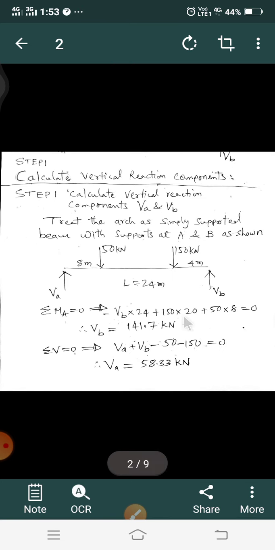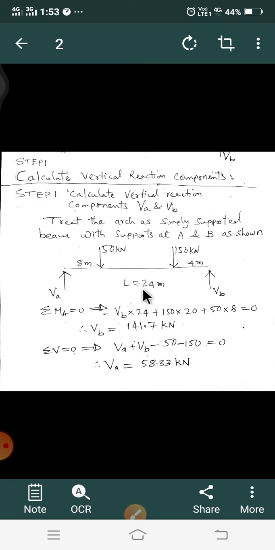So first let us find out the reactions here. Step number one is about calculating the vertical reaction components. Let us calculate the vertical reaction components VA and VB. Here we have to assume, take it as a simply supported beam with supports at A and B, and